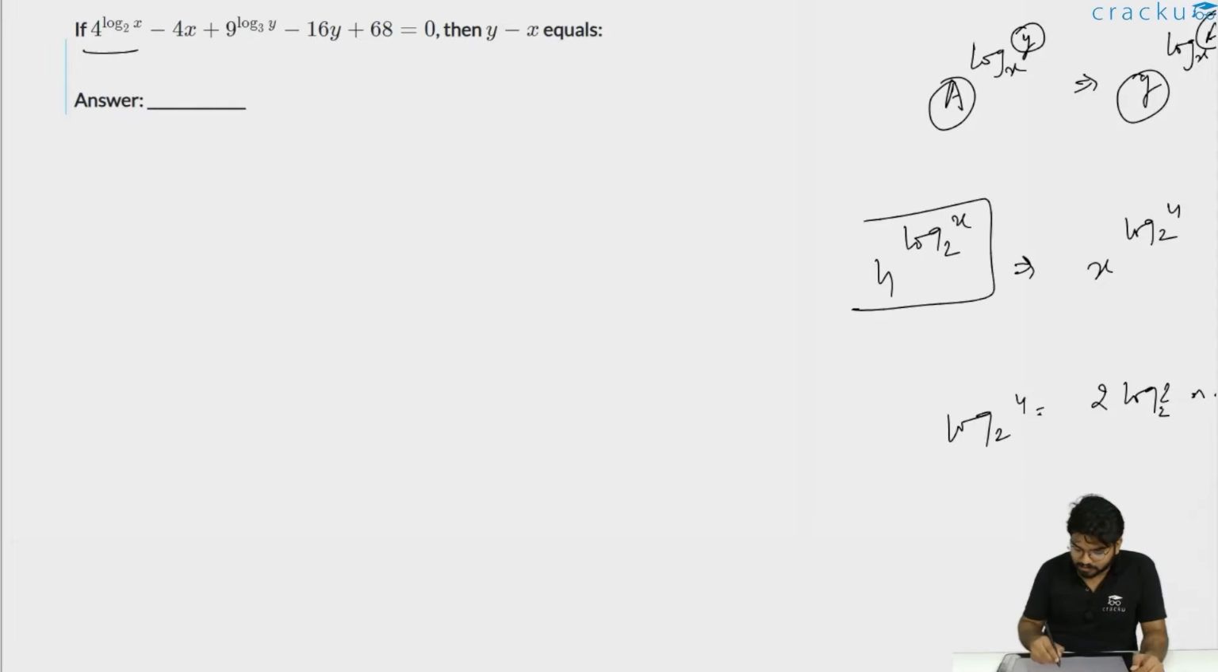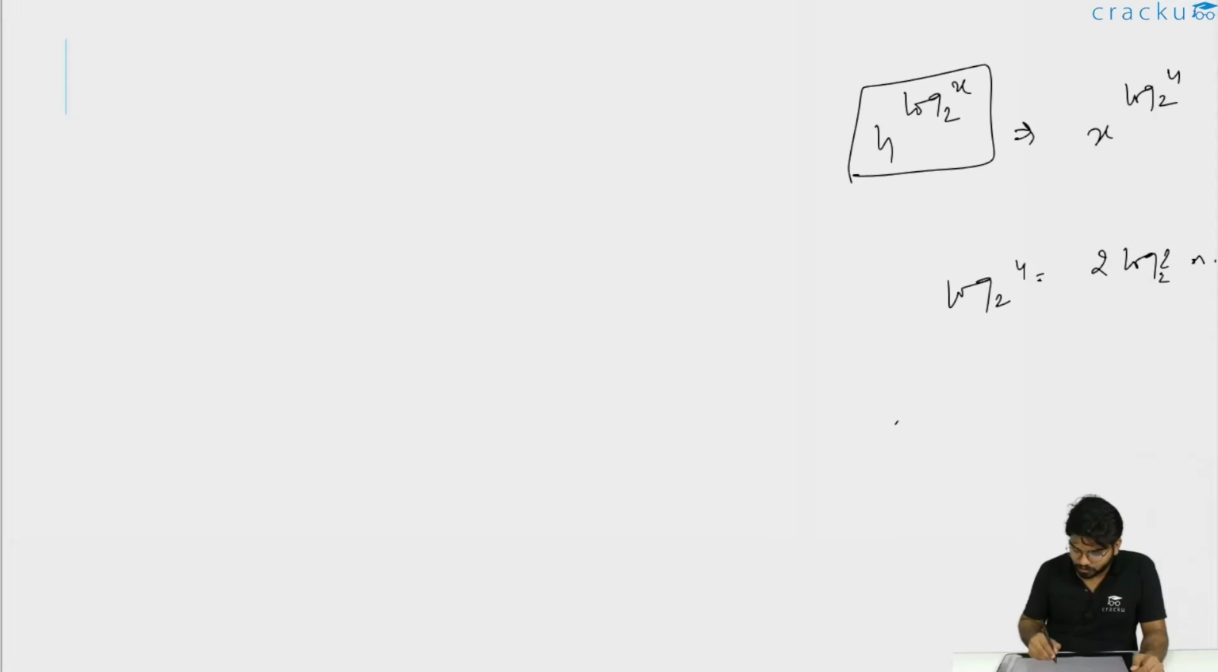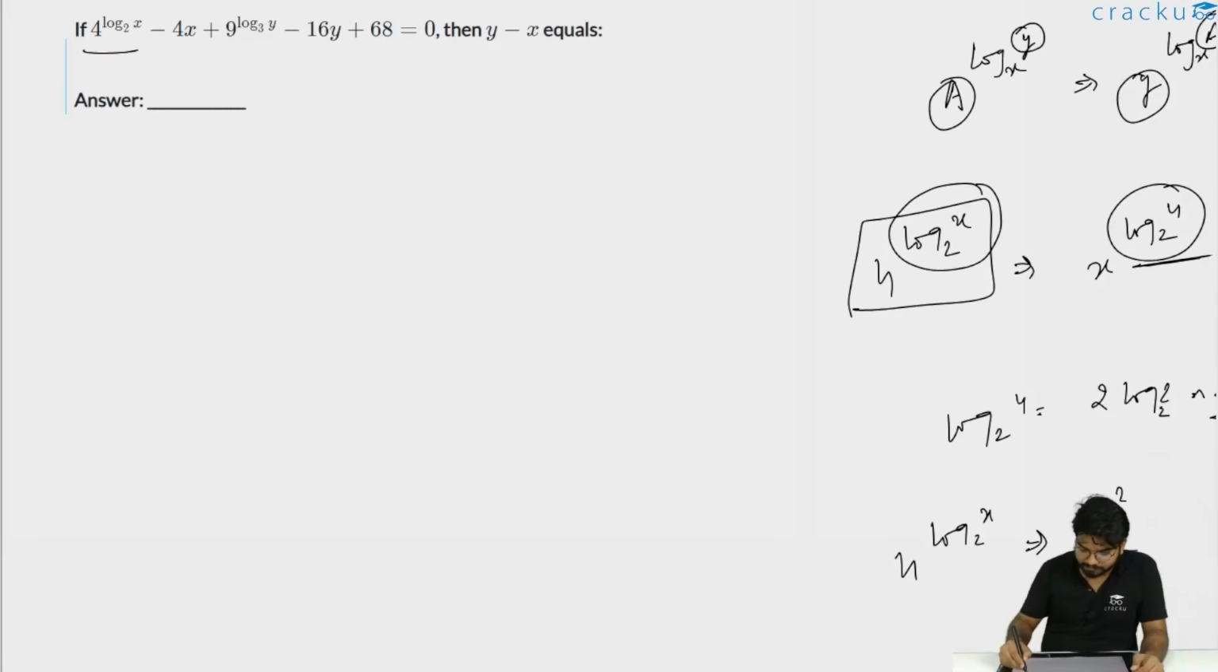So we can write this term as 4 log x with base 2 is equal to x square, because this whole value can be written as this, and this value is nothing but 2 only. So we can write this as x square. So changing this value to x square minus 4x,